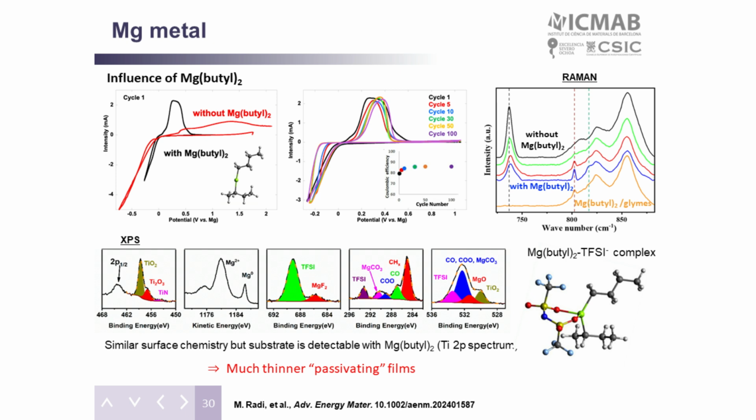We do have much less decomposition of the anion, so much less magnesium fluoride, and much less magnesium oxide as well. So we do get the water scavenging properties working here. We have less oxides, and we have these additives that are, I would say surprisingly, limiting the